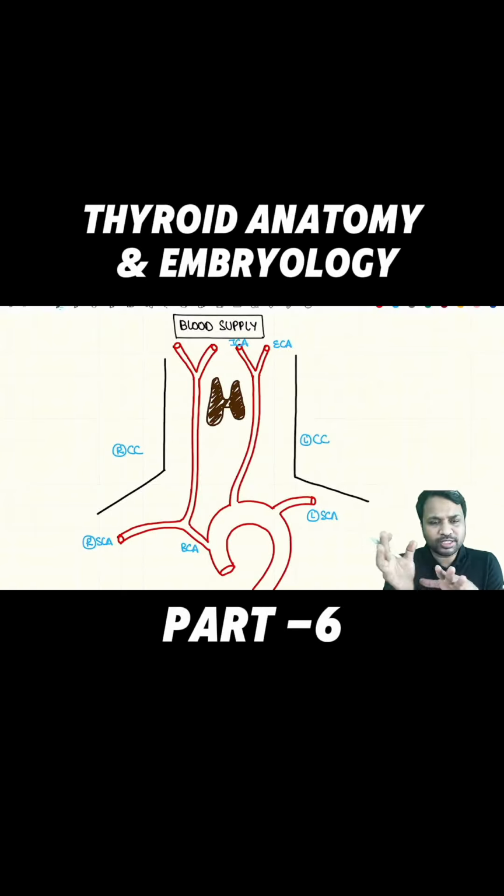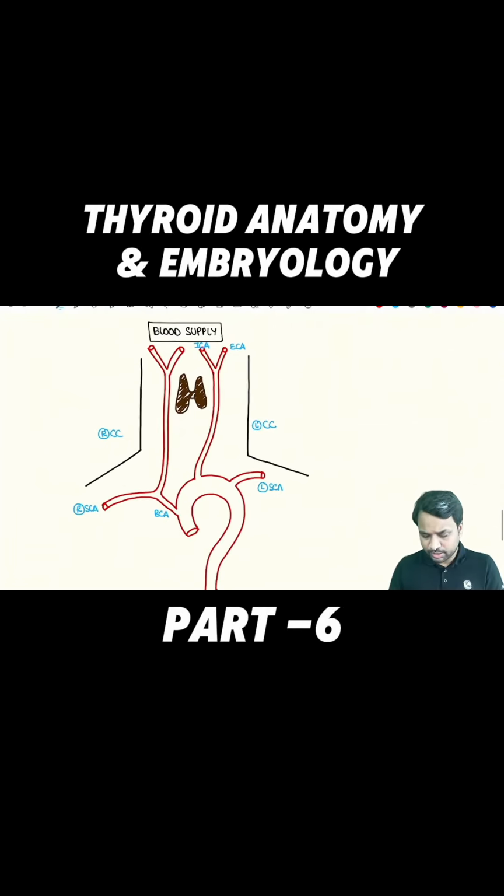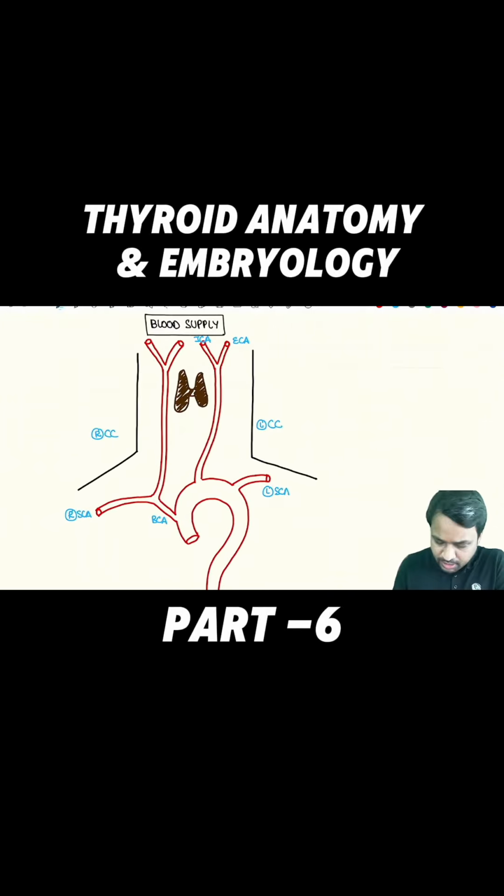Now we all know that there are two blood supplies to the thyroid gland, the superior and the inferior thyroid artery, right? So where does the superior thyroid artery arise? Where does the inferior thyroid artery arise, right? Now from the external carotid artery,